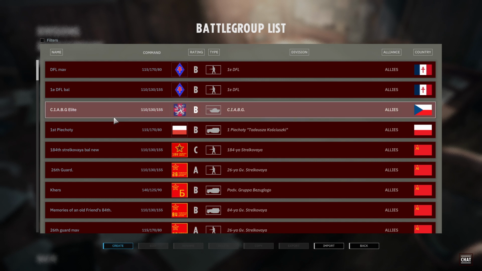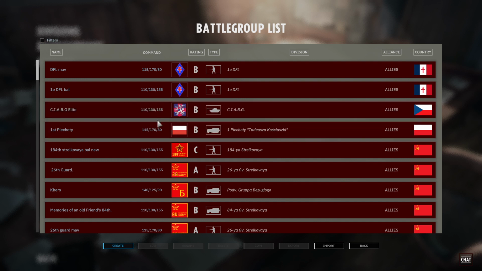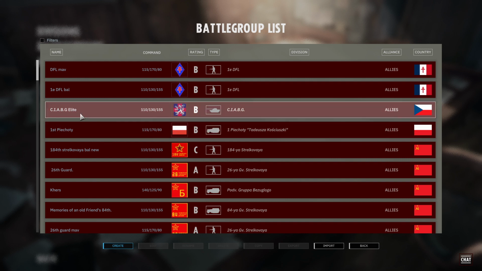My play style, I would say I'm a Zerg play style. You know, I rush a lot. I send a lot of infantry. I like to play around these decks. So this is mostly what we're gonna see today. So if you're good with that, let's go with our very first one, CIABG